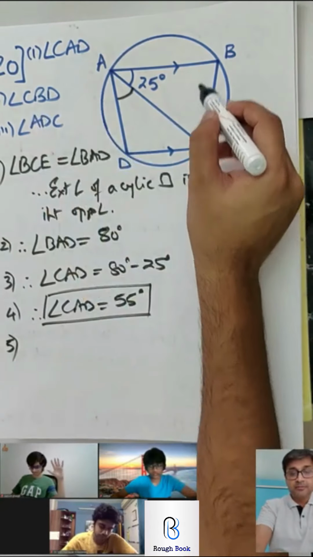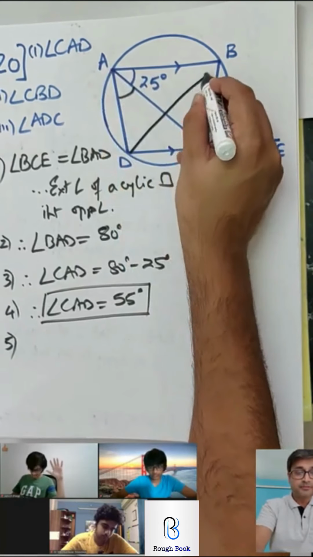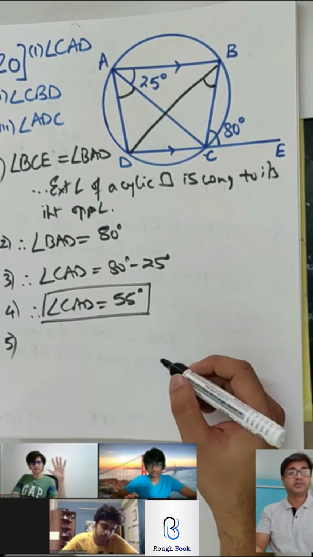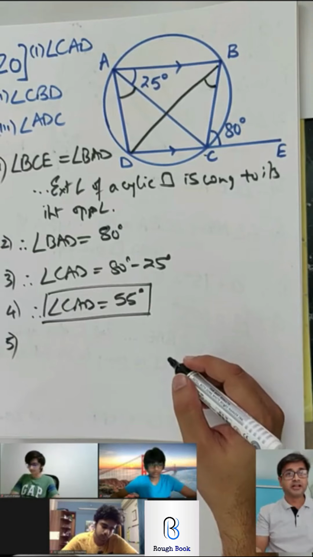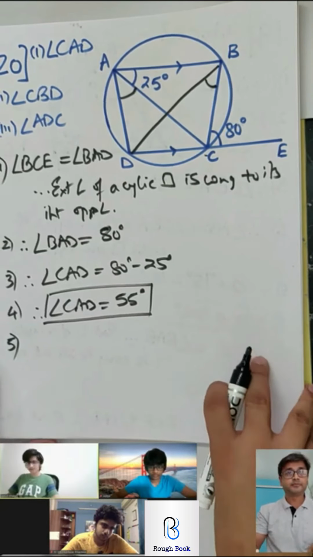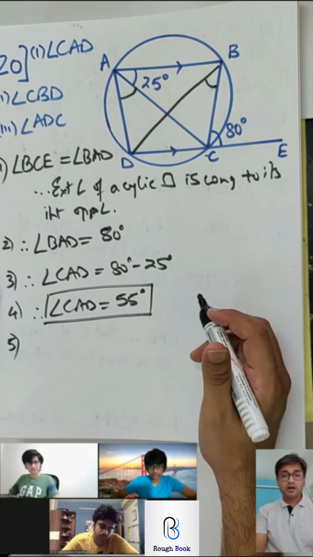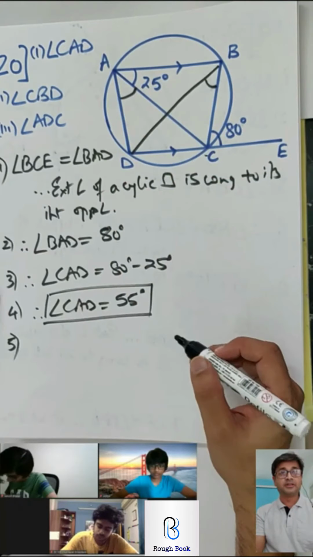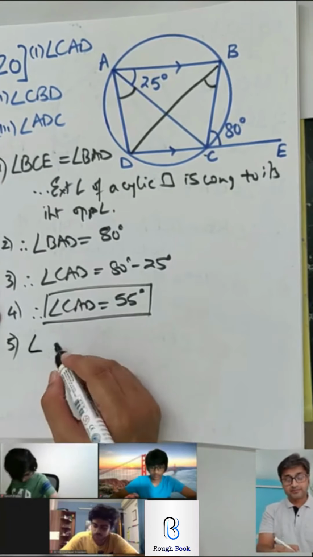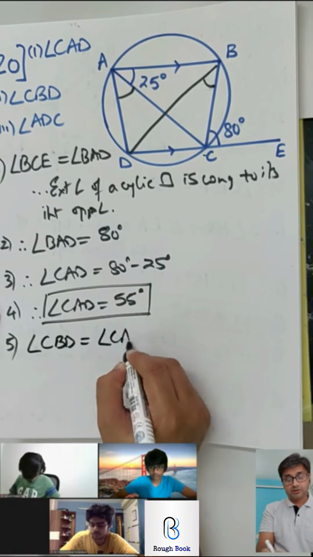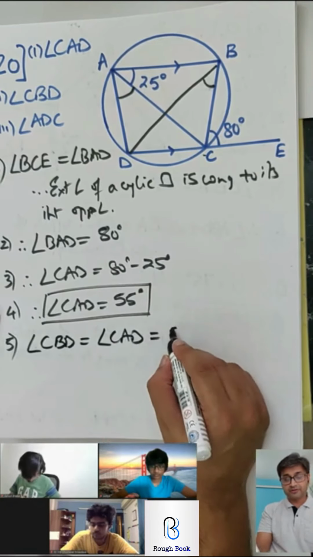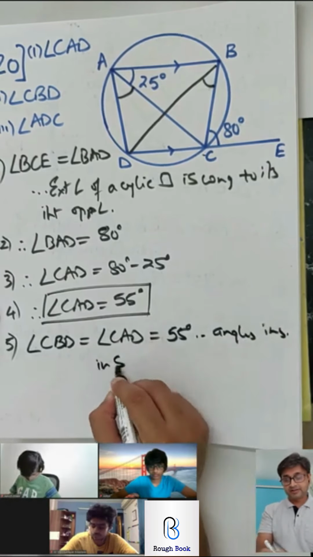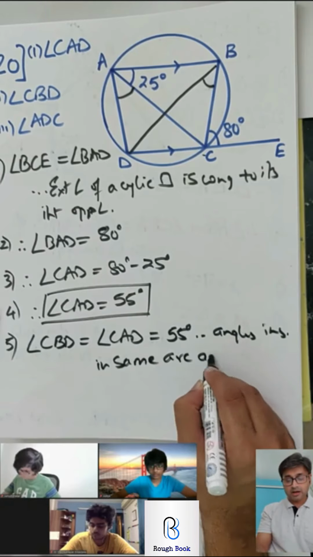Let's go for the next one, CBD. CBD is over here. And how shall I get this CBD? It's very simple. I have given you the clue. Yes, Bakar, hit it and tell me, how will you get CBD? Angles inscribed in the same arc are congruent, so both are 55. Absolutely correct. CBD will be equal to CAD because angles inscribed in the same arc are congruent. So let's write that. CBD is equal to CAD is equal to 55. Reason: angles inscribed in the same arc are congruent.